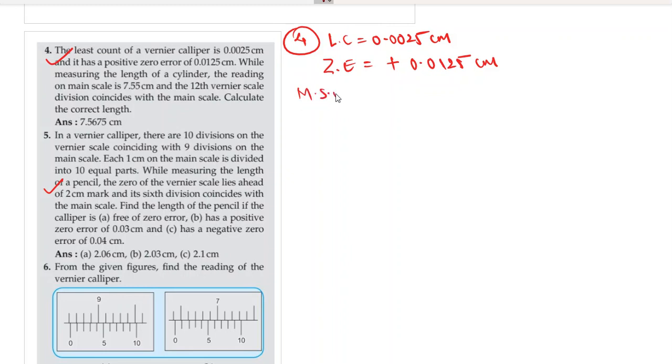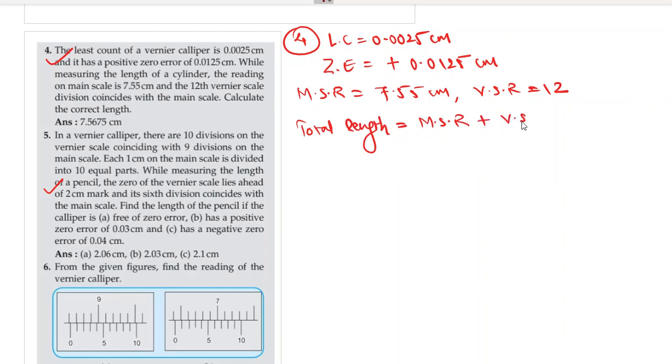So main scale reading is equal to 7.55 centimeter. And the 12th vernier scale division coincides with any one division of the main scale. So vernier scale reading is 12. Calculate the correct length. Okay, very easy. So first, total length. Total length is equal to main scale reading plus vernier scale reading multiplied by least count. So main scale reading is 7.55, vernier scale reading is 12, least count is